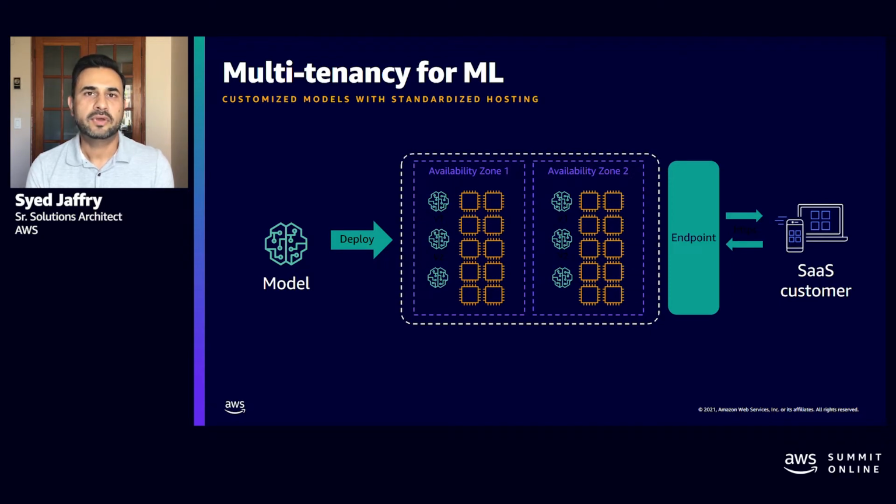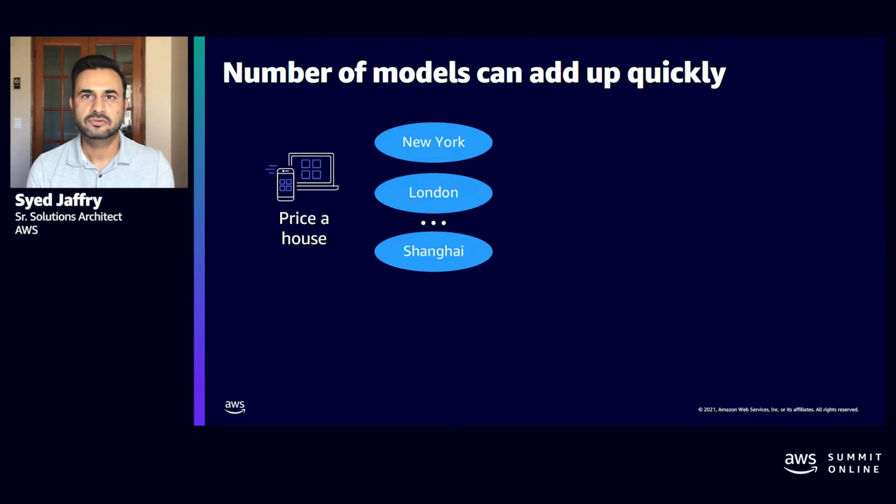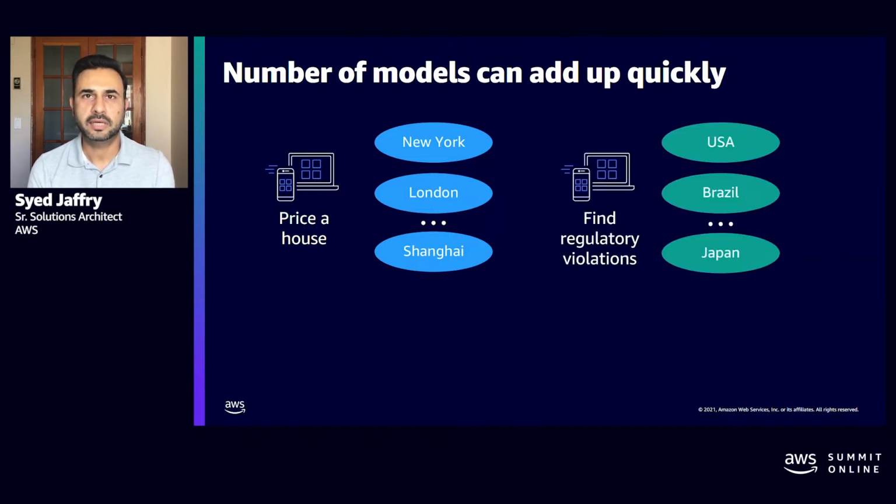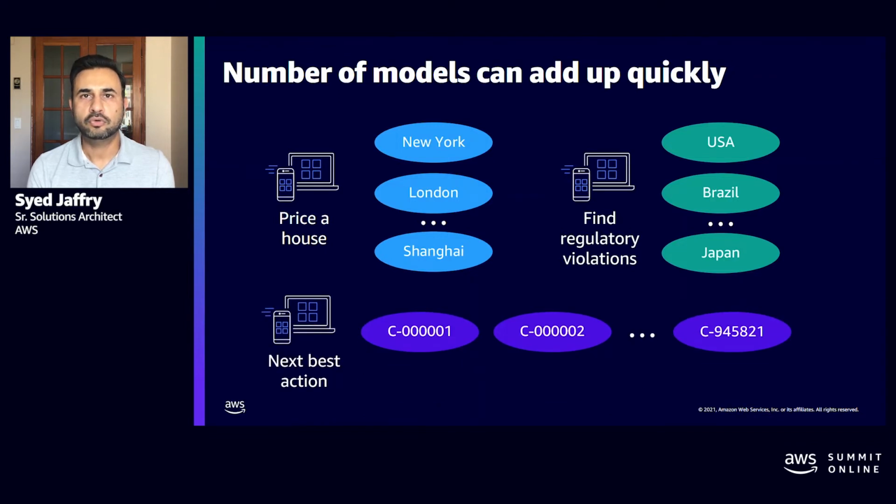You may need to support variations in your models, maybe because of the nature of the business of your customers, or perhaps the geography of your customer. We actually see a number of organizations that have a collection of models, 10, hundreds, even thousands of models. What about a scenario where you need to predict a house price by a city? Or perhaps you need to make compliance-related predictions based on a jurisdiction or a country. Or perhaps you need to have per-user models because you want to predict the next best action for a given user.